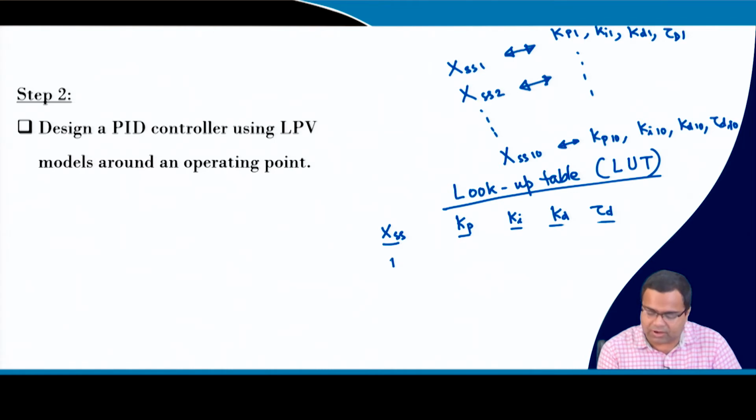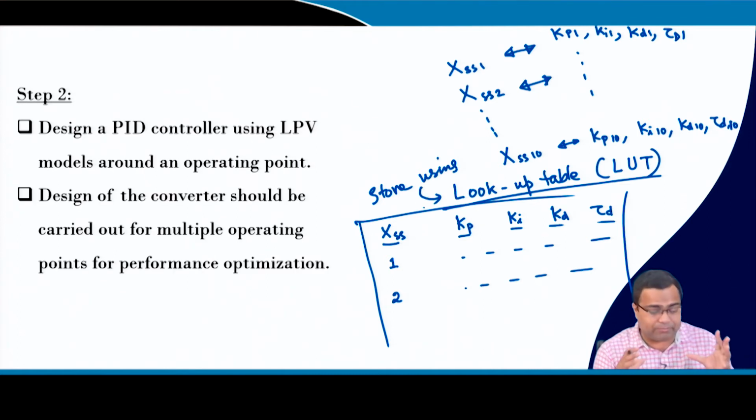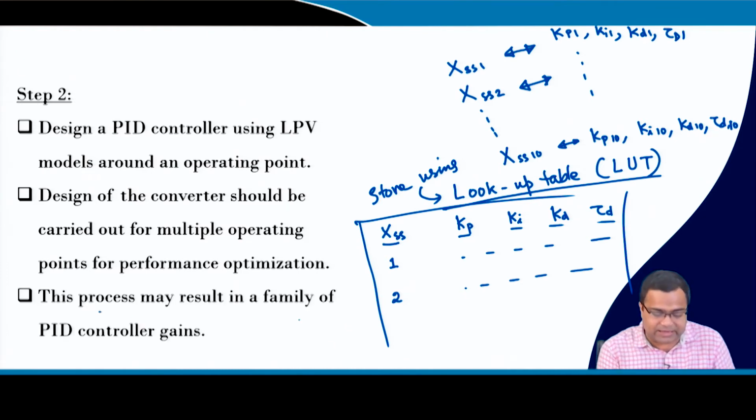So, for operating point number 1 you will get a set of controller gains, for number 2 point you will get another set of controller gains, and these are stored using a lookup table. Okay. So, multiple operating points we can compute,